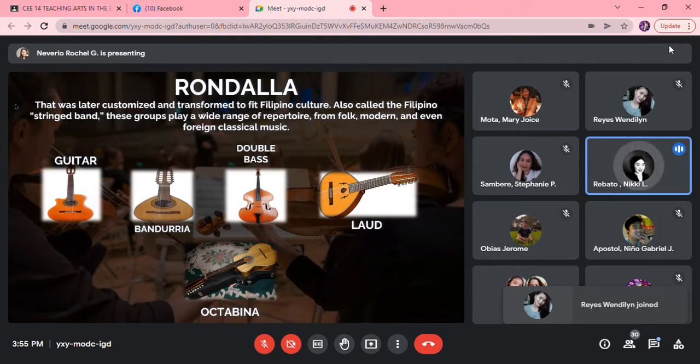Okay, instruments of the rondalya. First is guitar. Flat back, either with or without a pickguard. The guitar has 6 strings, a single, often round, sound hole, and is slightly curved back inside, in the figure of eight, which is one of the most widely used and popular musical instruments.